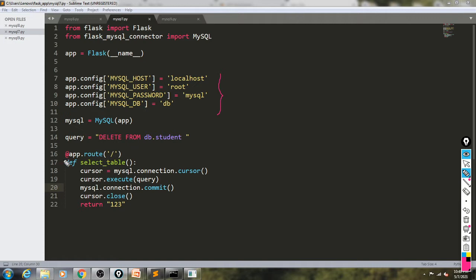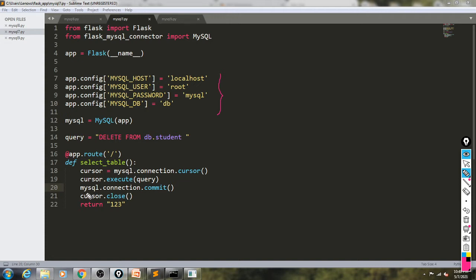Okay, so again URL is home URL. This function is associated with this one, select table. Okay, so cursor is defined here. Cursor is equal to mysql.connection.cursor, and we want to execute the query. That's why we have written here cursor.execute query. Okay, and we are going to change the contents of the table.